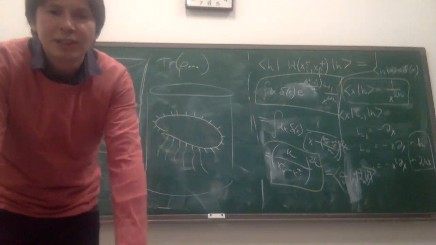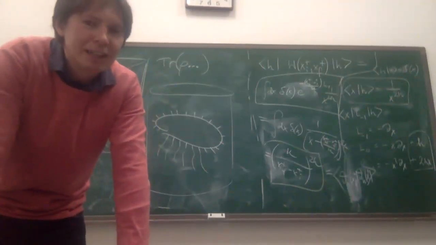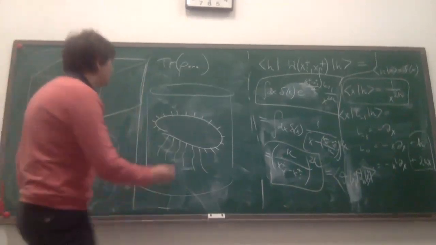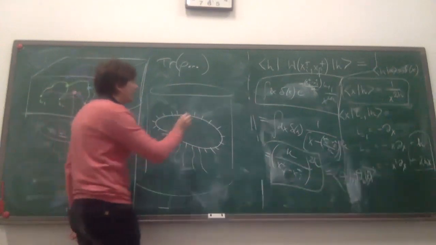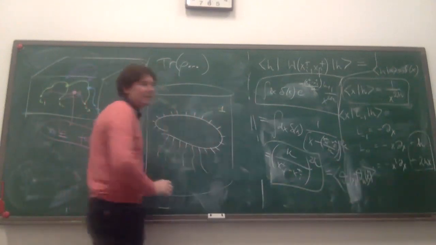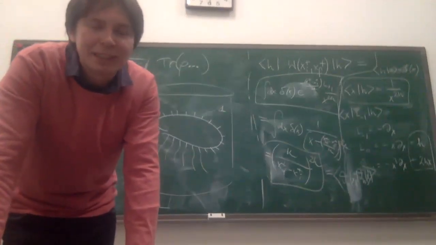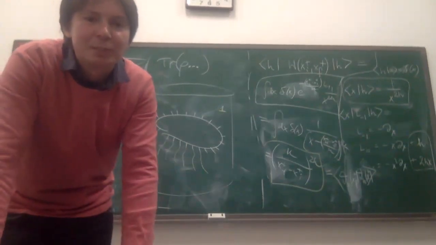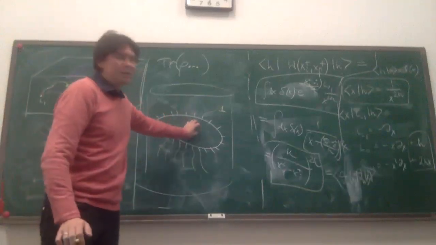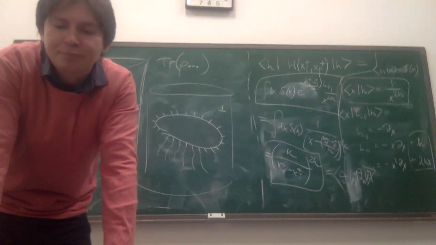So won't this only compute for me an 87-point function? What about the lower point functions? And the answer is that's easy. All I have to do is bring in a Wilson line here, but that Wilson line will carry the trivial representation. That's like computing an expectation value of O1, O2, and then the identity operator inserted someplace. Okay, that's like a lower point function. So this thing computes for me all n-point correlation functions in the CFT.